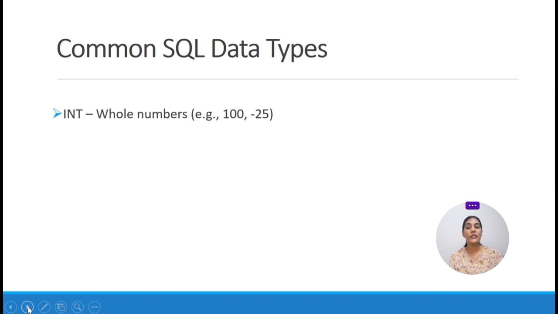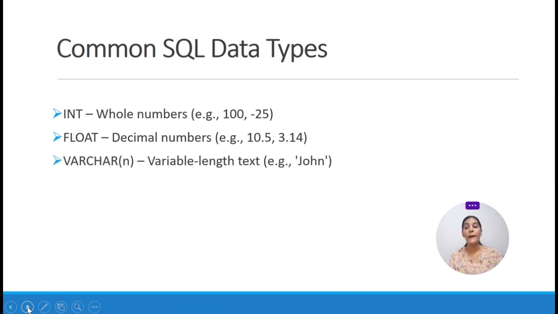So the common data types, first is the integer type. Integer is for whole numbers. Like if I want to store the age of a student in a student table, at that time I will use an integer. Next is the float. I want to store the marks of students. It is not always in integer form. Sometimes it is in point form, 10.53, 3.25, something. Then I will use a float.